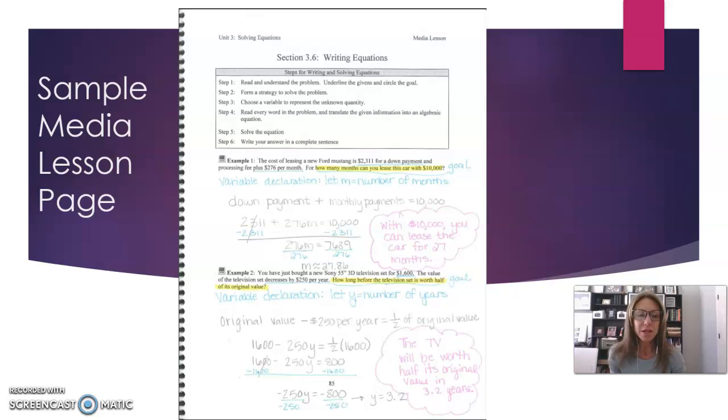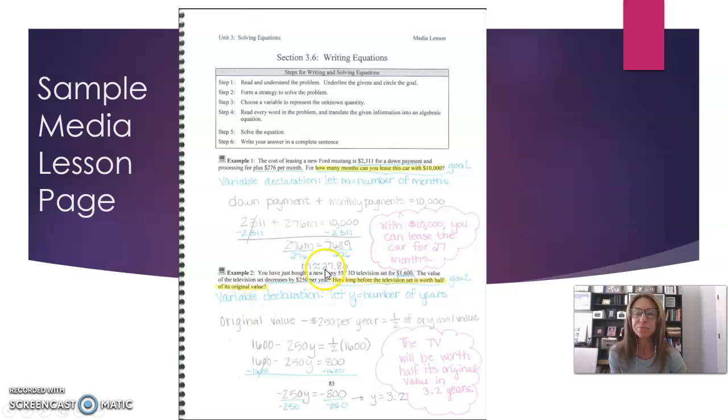Here is a sample media lesson page. So when you're watching the videos from the media lessons, you want to be taking notes in your student notebook as seen here. You want to make sure you're writing down all the steps, because when you go to complete the homework and the quiz, these pages in your student workbook will really help you, because you'll have a reference to look back on so you can refresh your memory if you need an example when you're looking at a problem in the homework or the quiz. If you want to look at a previous example, then you'll have all these examples already written down in your student workbook.